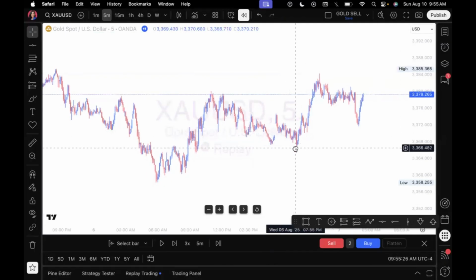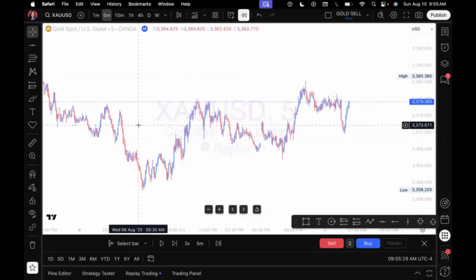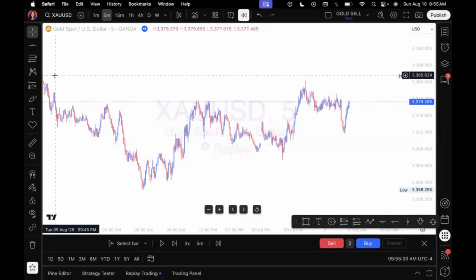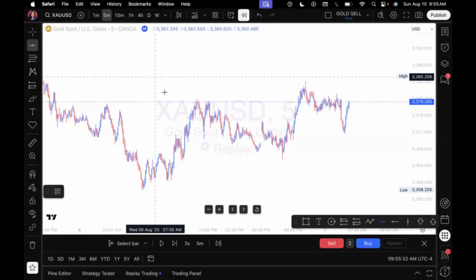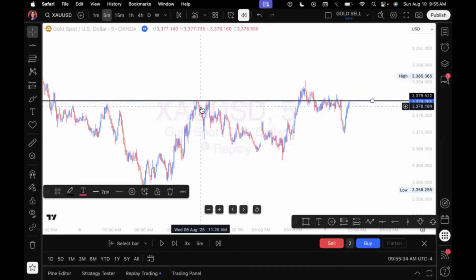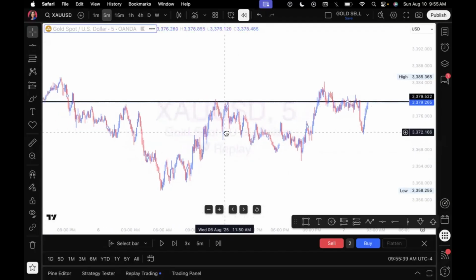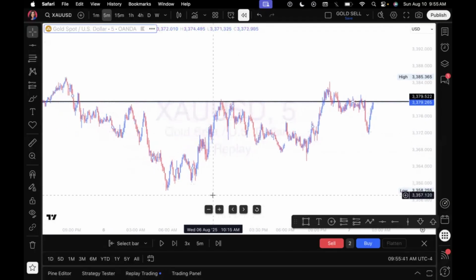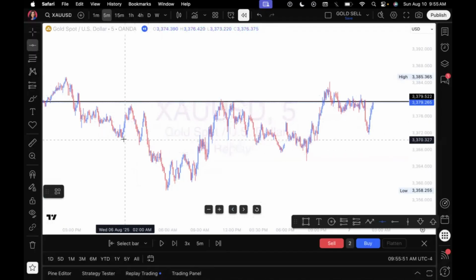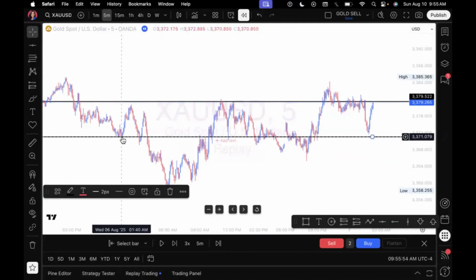So, an area of resistance you'll be able to identify because this will be a place where the market has sold before. Like if you see a dramatic reaction to where the market has sold, that's going to be known as an area of resistance. And there's a possibility that the market could sell here again. So, if you see an area where the market has bought, this is going to be known as an area